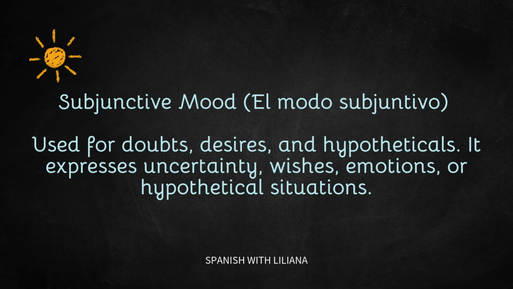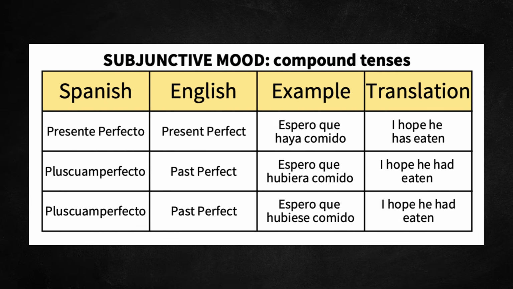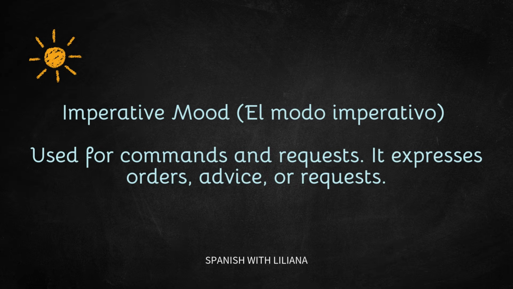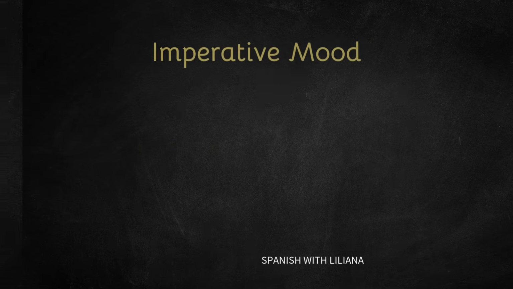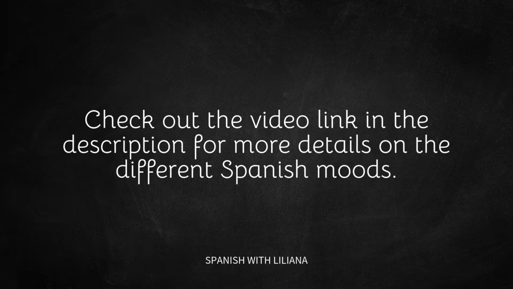The next mood is the subjunctive mood, which is used for doubts, desires, and hypothetical situations. And there are 6 tenses in the subjunctive mood. These are the most common ones. It also has simple tenses and compound tenses. And then we have the imperative mood, which is used for commands and requests. There's technically only one tense in this mood, but we have different conjugations for the affirmative and the negative sentences, or requests, or orders. Verb conjugation is one of the most difficult things to learn and master in Spanish, but